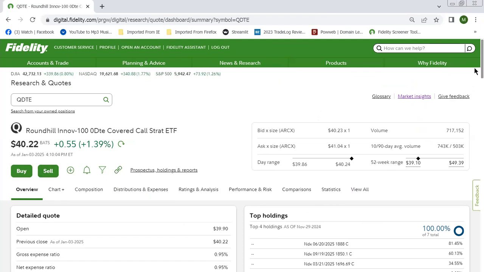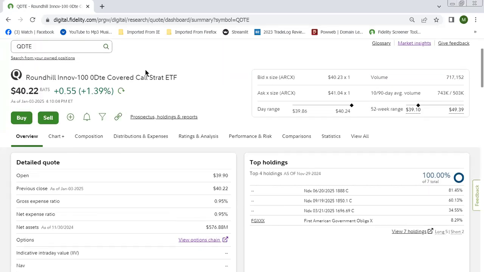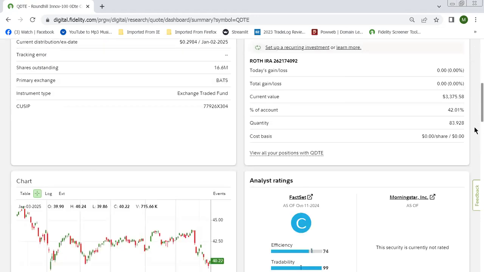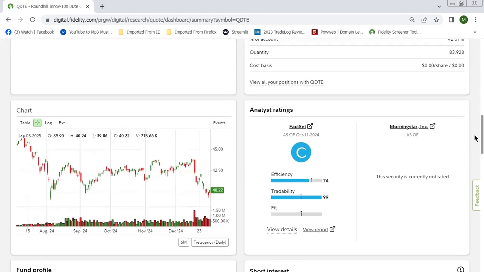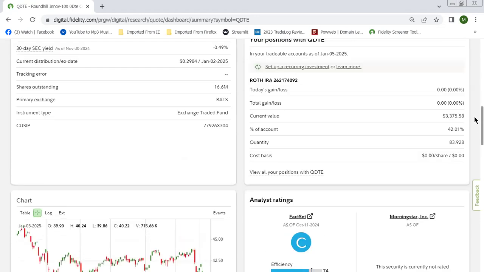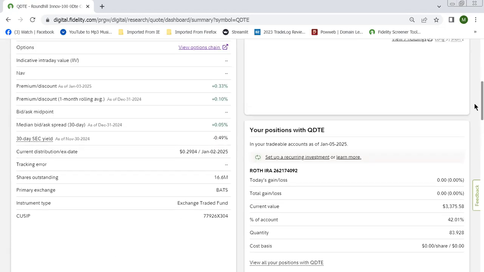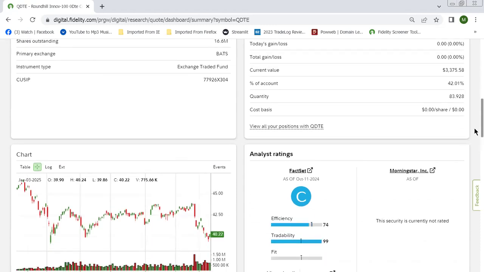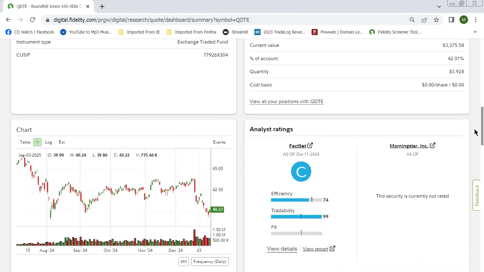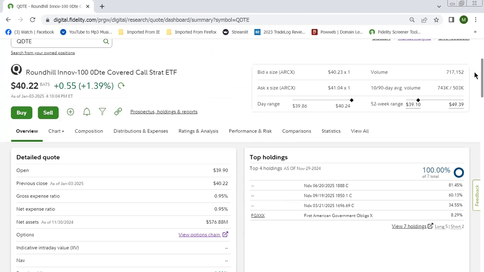You got to come over here and scroll down. So this would be the main screen. And to get to the chart, you got to go way down here. I don't know if you can customize this, but it's got a whole lot more information. But you can't really do a screenshot and show the chart. This is the chart of the same company,